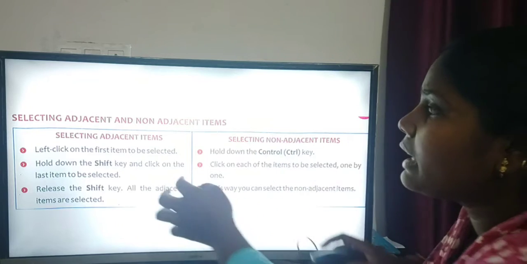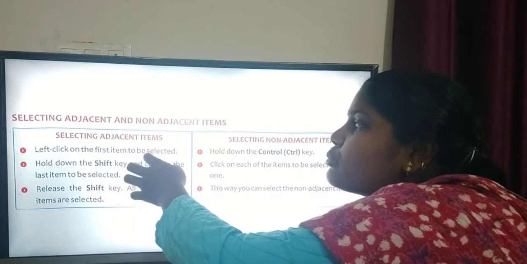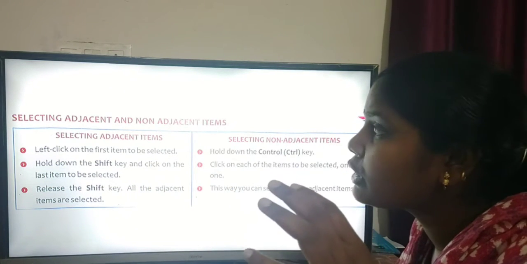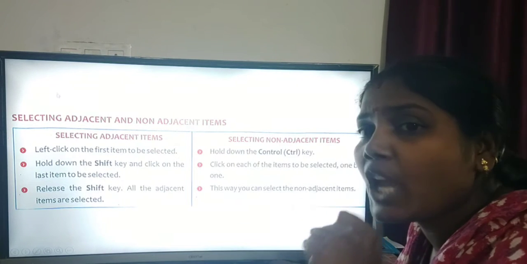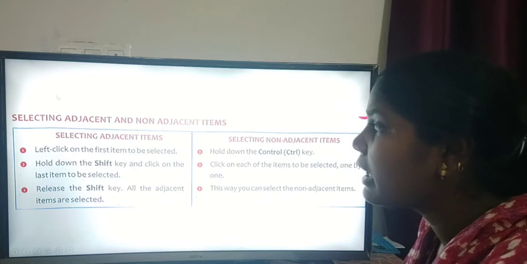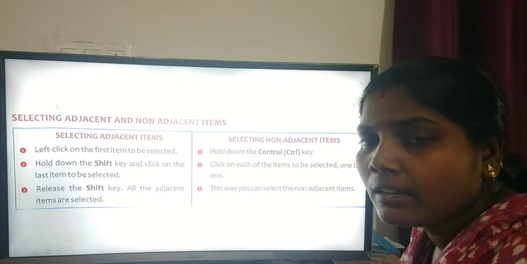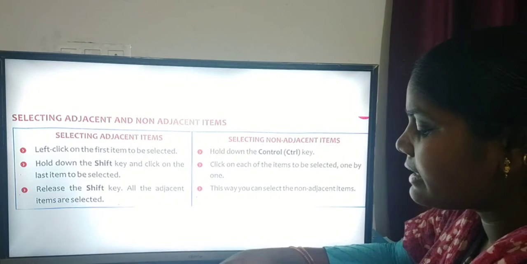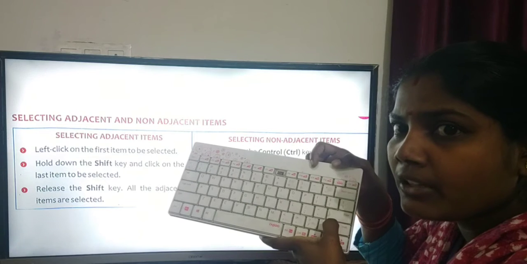Here it says left click on the first item to be selected. We keep the mouse pointer on the first icon, select it, then press the Shift key and click on the last item. On the keyboard, this is the Shift key, my dear children.